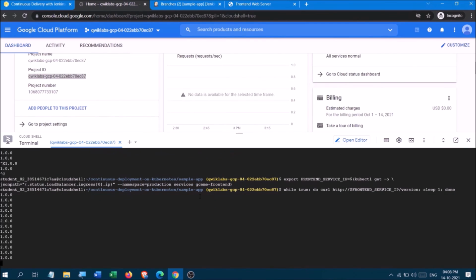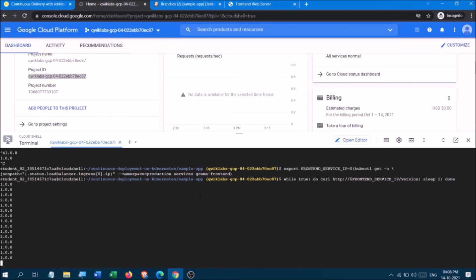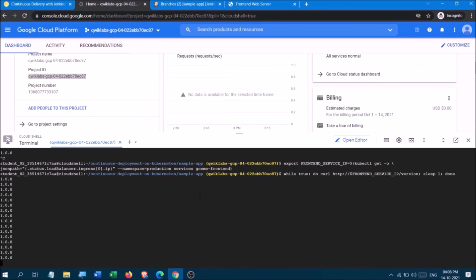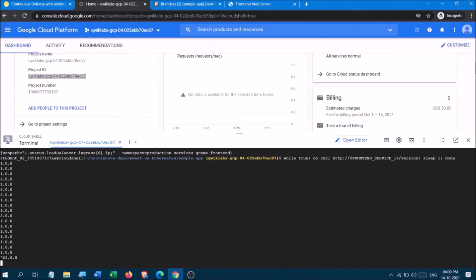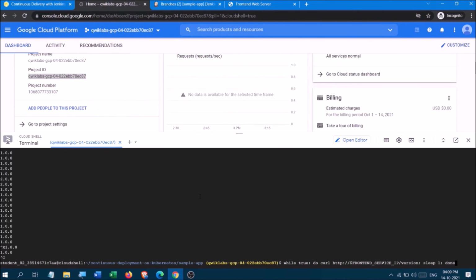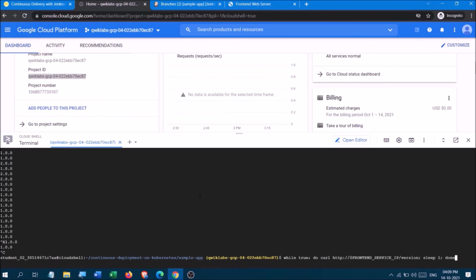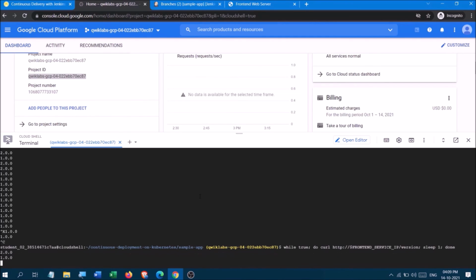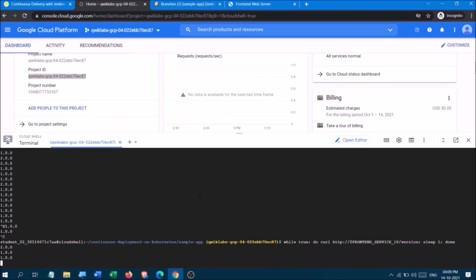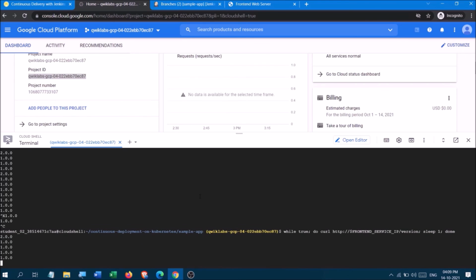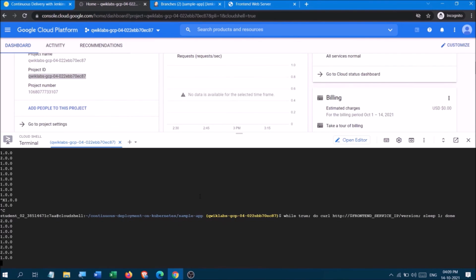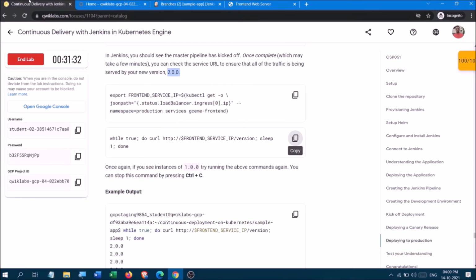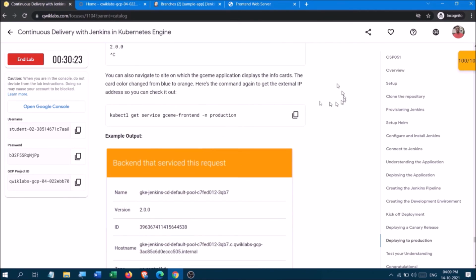So that is the scenario going on. Okay, 2, 1, it keeps going and coming.